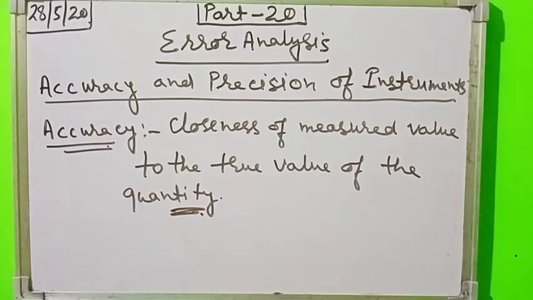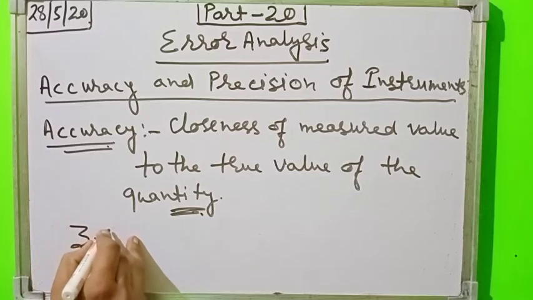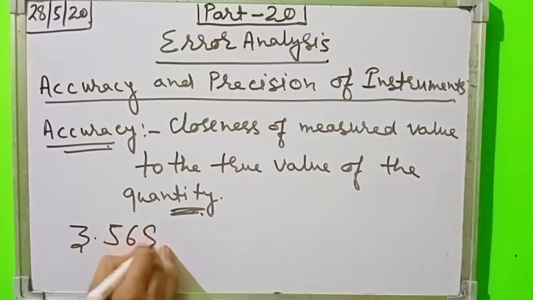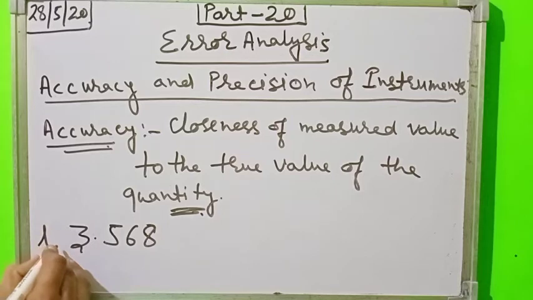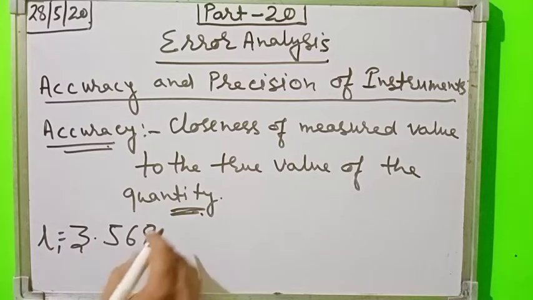True value of the quantity means to say that suppose you had measured the value of the length of a given object as 3.568. That length you had measured, and you are knowing the length of that object as 3.568, but